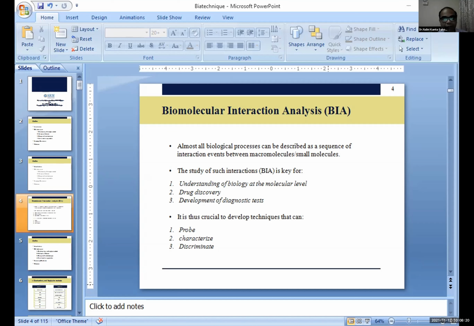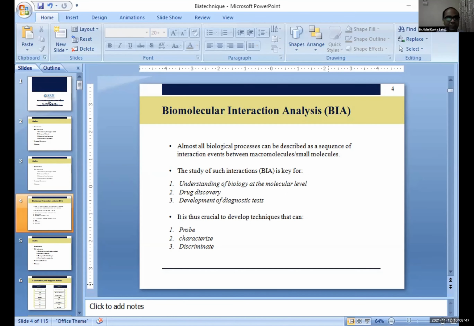Pull down assay is nothing but depending upon the affinity. It is like chromatography, and you can say it depends upon the affinity towards the stationary phase. If it has high affinity, then it will be retained longer, and if it has less affinity, then it will be retained less, or it may not be retained at all, right? So this is about your pull down assay.